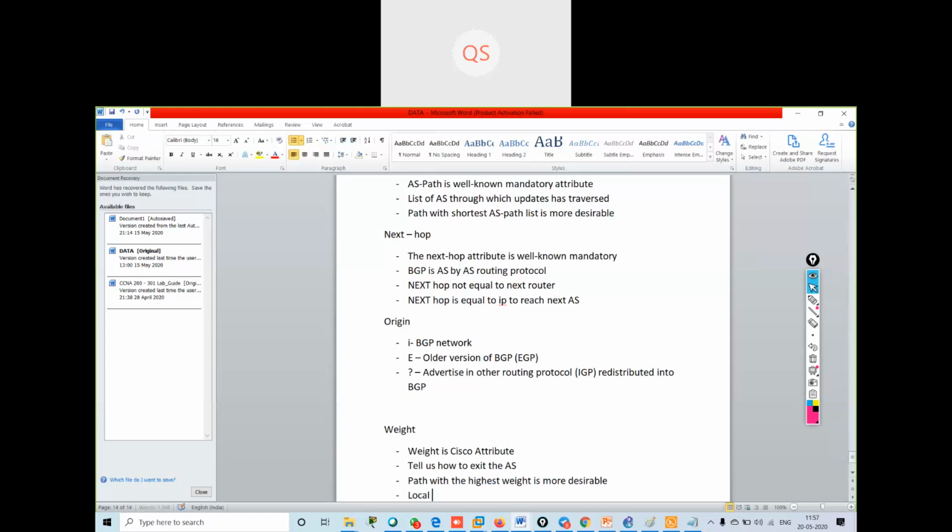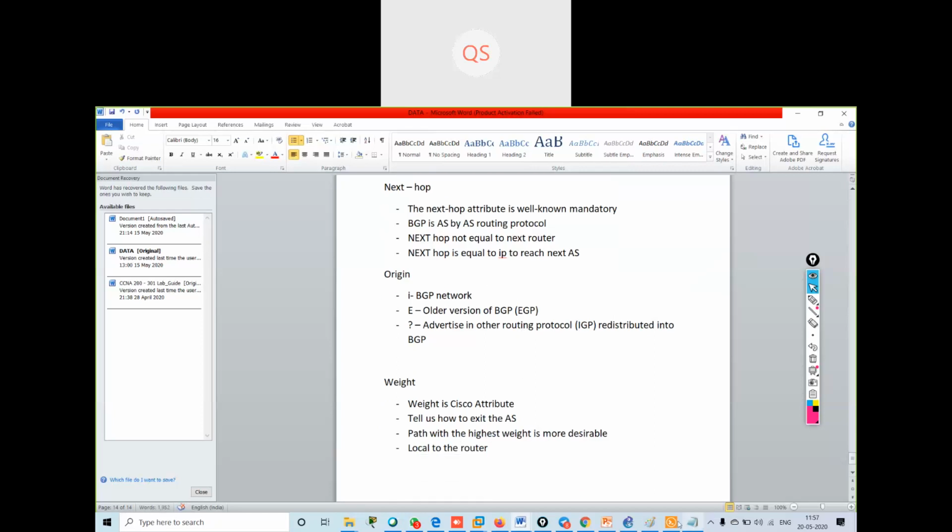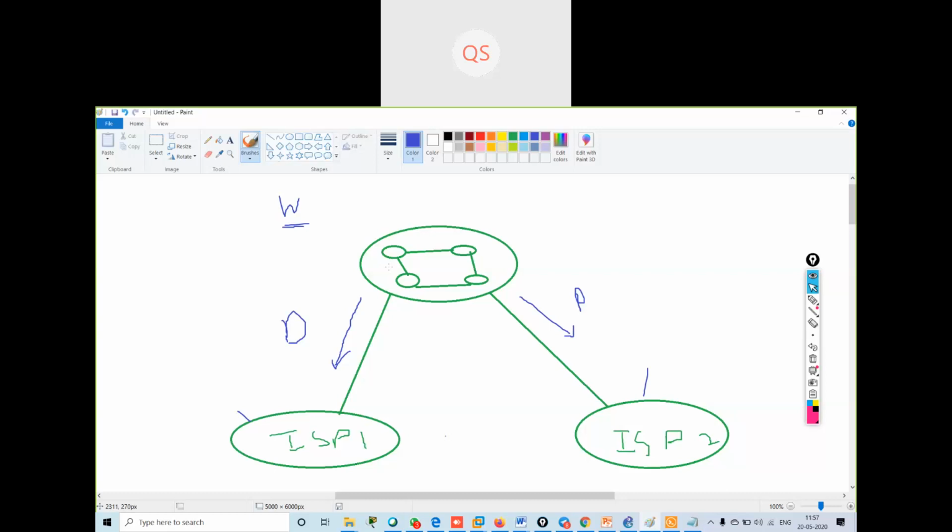It will be local to the router. Now, local to the router means, if I go to the example over here, suppose these are my routers that are connected to the AS, these are connected with the external autonomous system number, and I'm having some IBGP running inside these routers. So these routers are not connected with any external BGP.